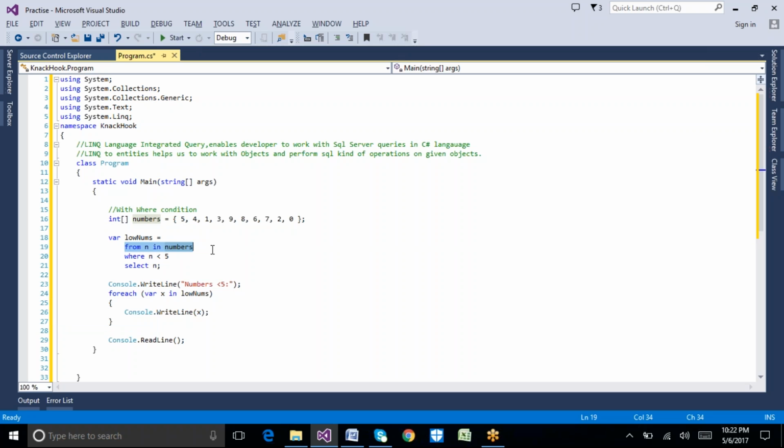Now we are adding one more condition to my LINQ query. So how are we adding the condition for our LINQ query? Here, with this where condition. Where is the keyword which represents the condition. And n less than 5 is the condition we are giving. Now try to